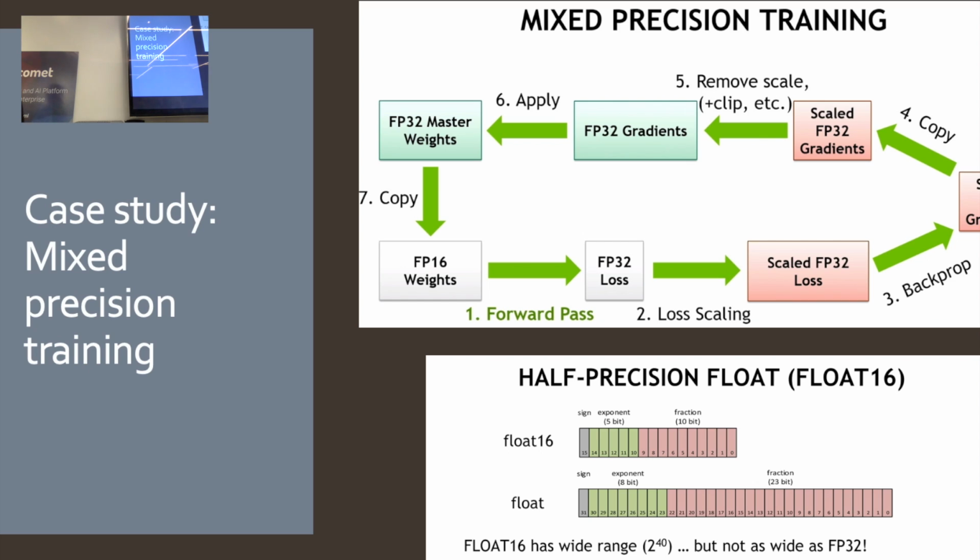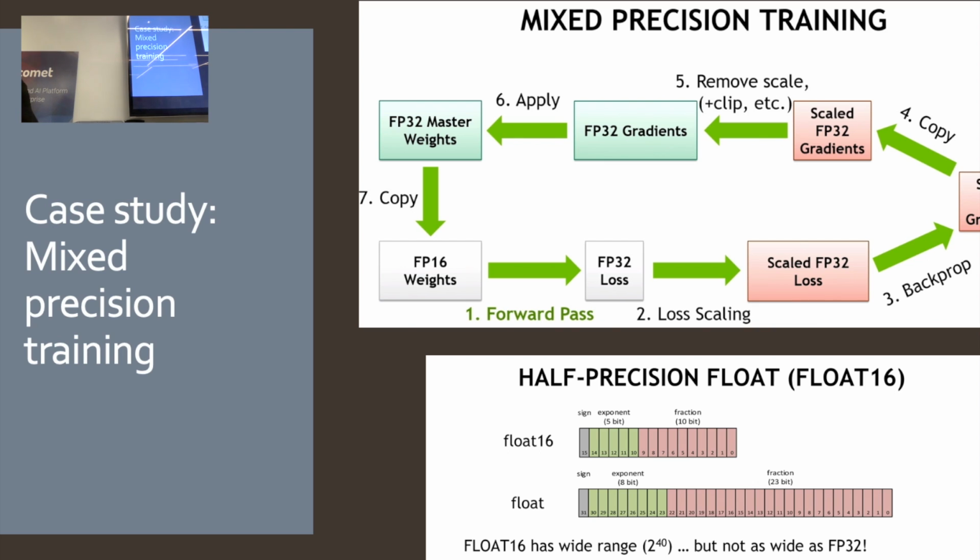So since you're doing the model update in full precision, you copy your gradients from FP16 back to FP32, and then it's safe to unscale them because you have the normal range of floats, so there is less chance that they're going to become zeros. You have a copy of your model weights that are in full float precision to do that update. So you do that update in full precision, and then you copy those master weights that are in full precision to the weights of your model during the final step to be able to do the next iteration in half